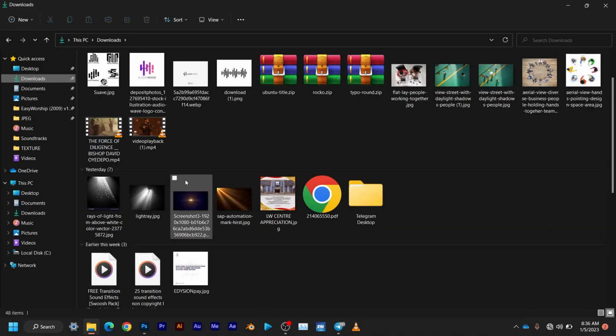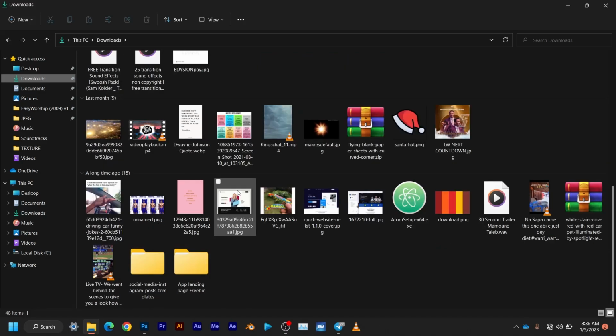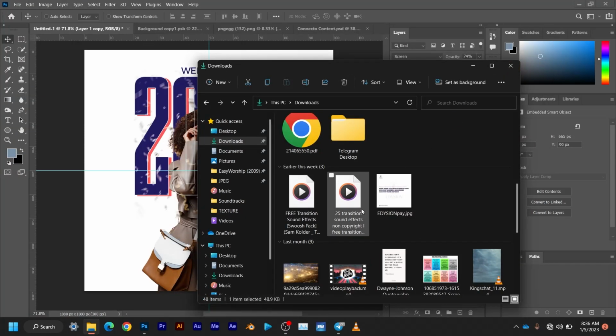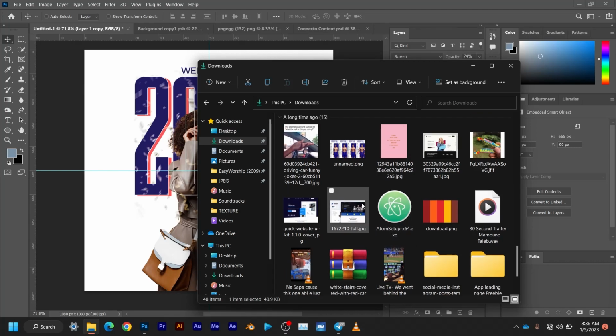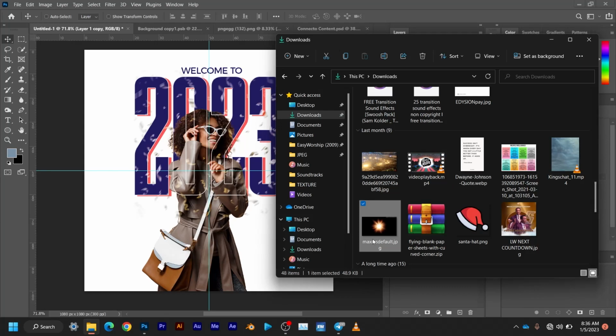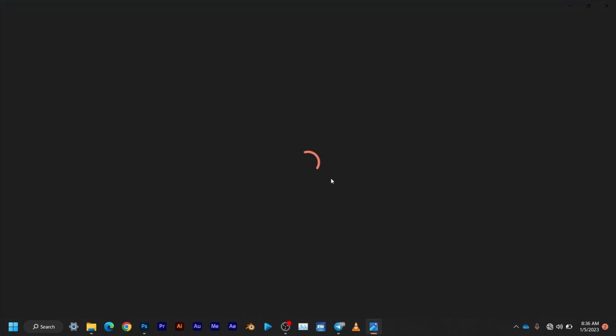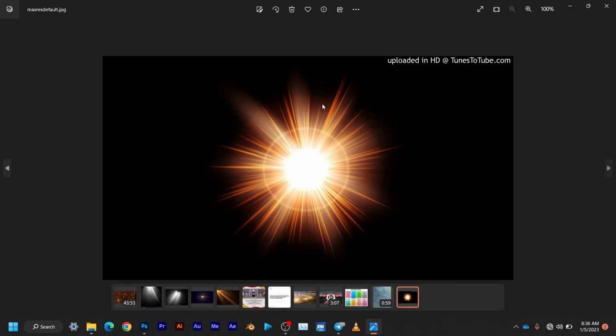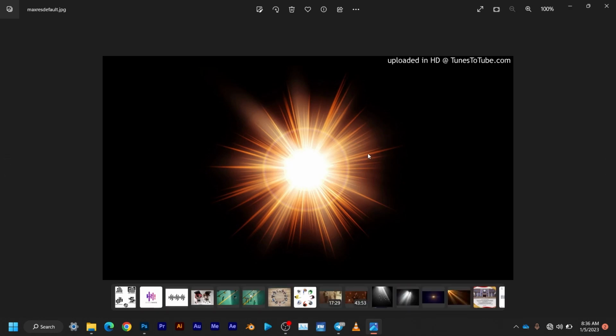You can see I downloaded these. So this is what I used. Where is it? Where are you? If you look at this light image, it's basically called a lens flare,